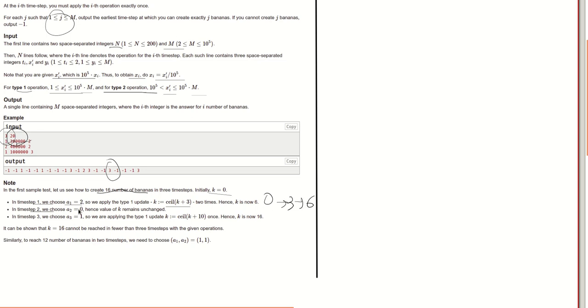At time step 2 we choose a equal to 0, hence the value of k remains unchanged. At time step 3 we choose a equal to 1 and we are applying the operation of type 1. So it was 10 to the power 6, we divide it by 10 to the power 5, we get 10, we add 10 and take the ceiling. So we get 6 to 16. So we have reached 16 in 3 time steps, so the answer for that is 3.